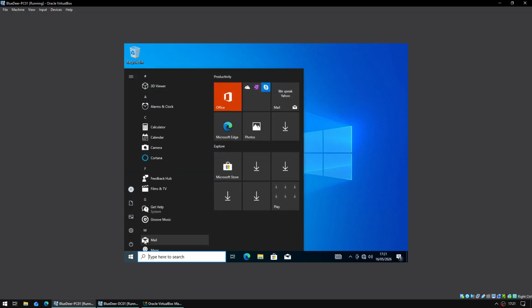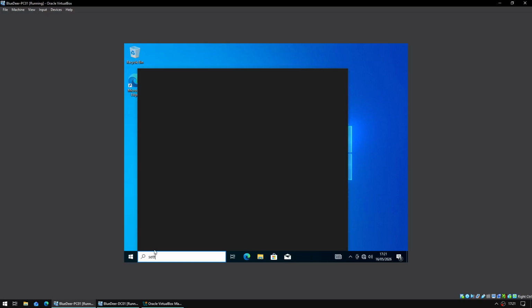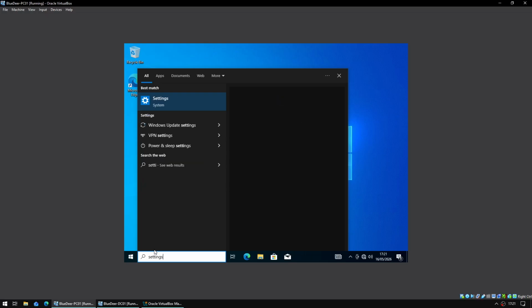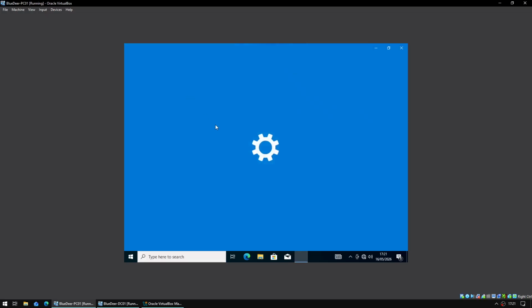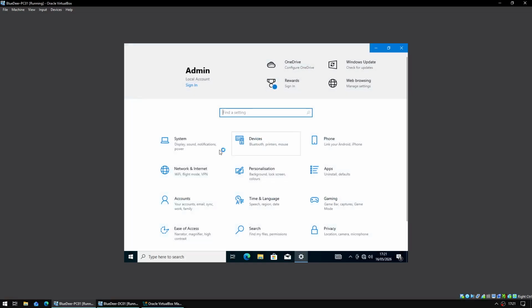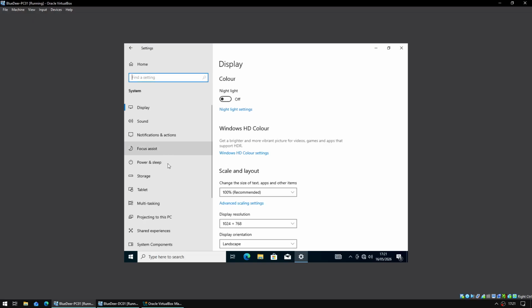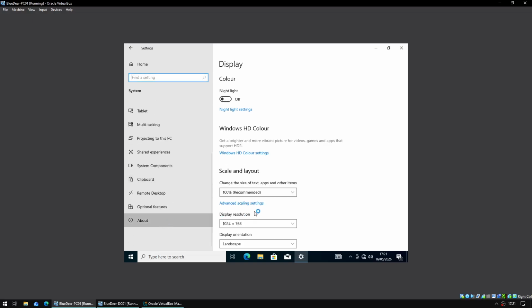We're then going to go to settings, and we're going to begin to join the client virtual machine to the domain. So we're going to go to system, go to the about tab,